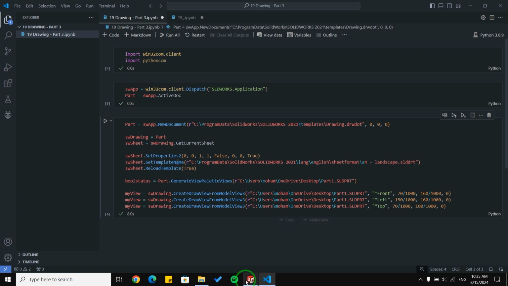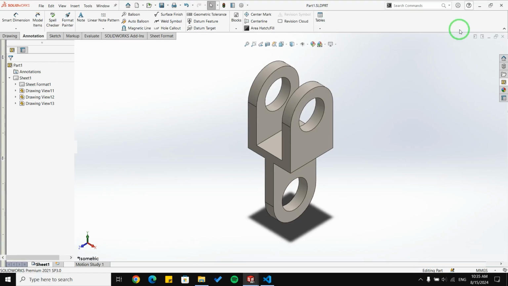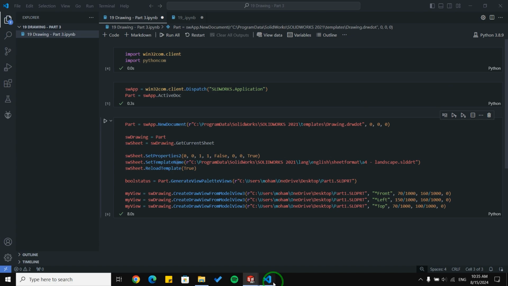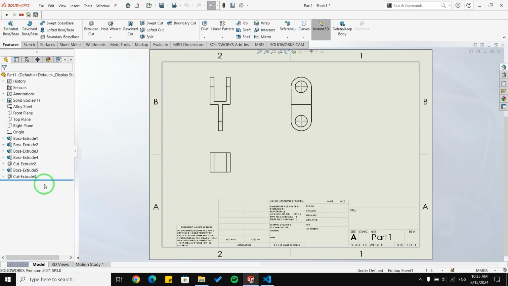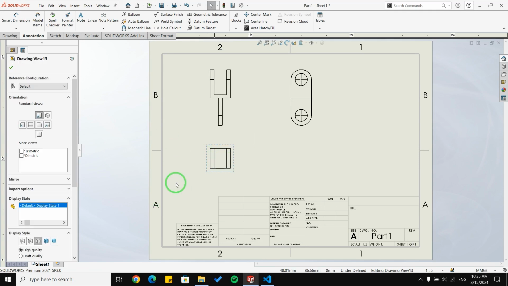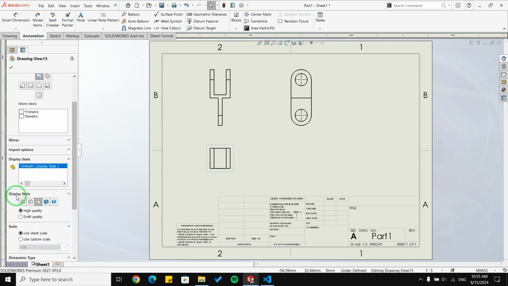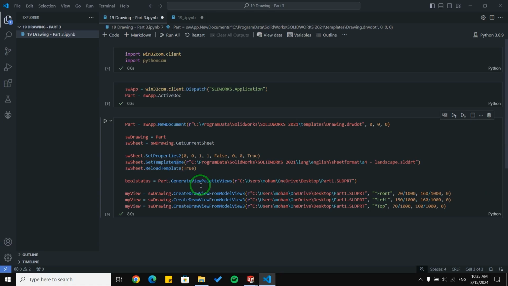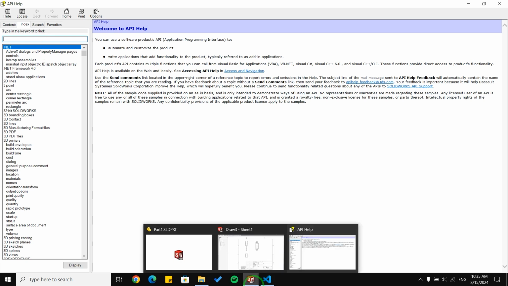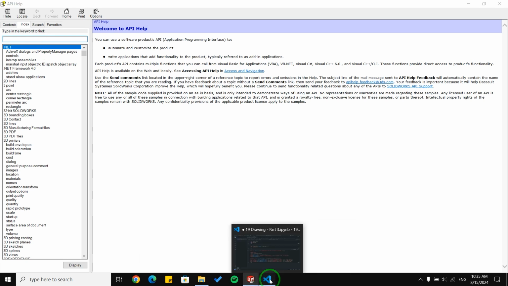Okay, let me open API help and let's find out how to find the function to change the style for us. We need to look for something called display style or something like that. And we need to know where to look for it.